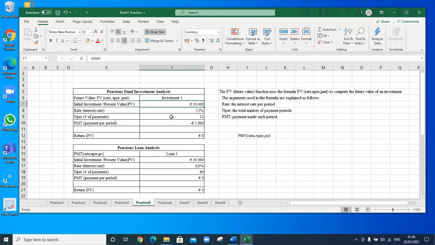So the first one here is about pension fund investment, and the second one should be pension loan. Normally it's loan analysis, but we can call it pension loan. So here you're saving for your pension, and here you're getting a loan. So if I want to save for my pension and I want to know what the future value would be